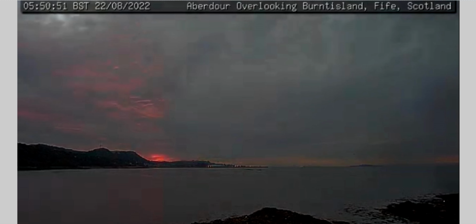Hi, so today I'm going to show you continuously what is happening on the Scottish camera, and the objects which are in a position not matching the position of the sun on the screen. So these are screenshots from a time-lapse of August 22nd, 2022, and this on the screen is the time 5:50 in the morning when the sun is already above